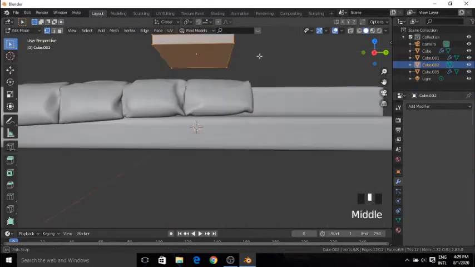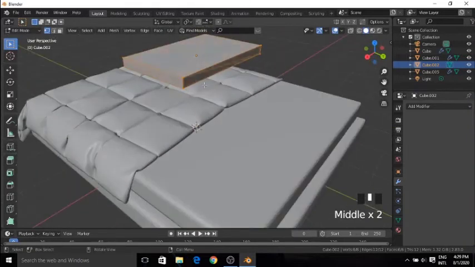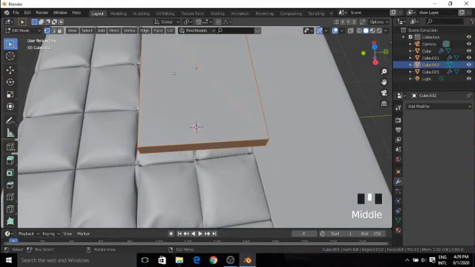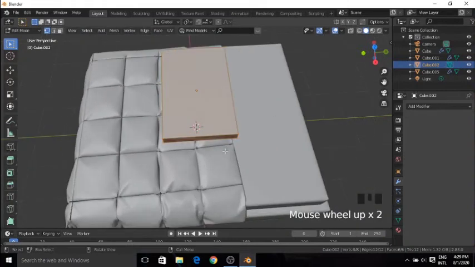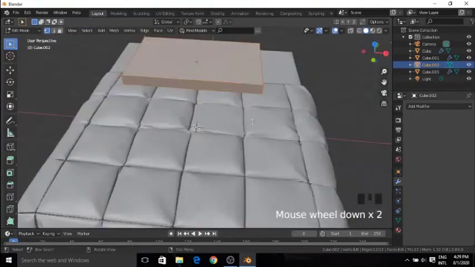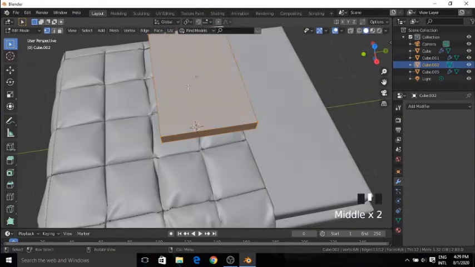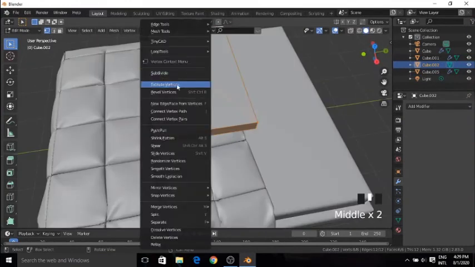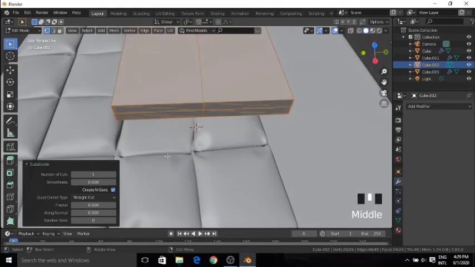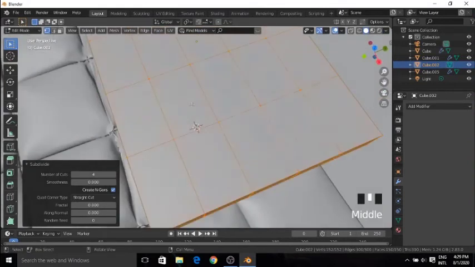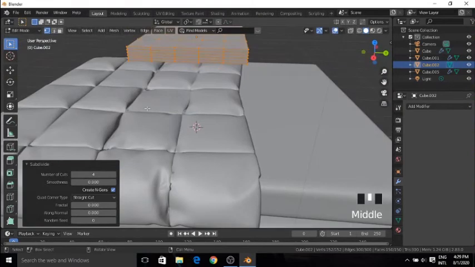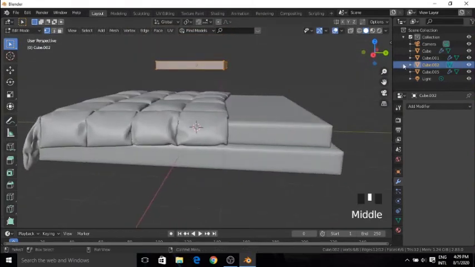Now you can see that there are larger faces here and smaller faces here. So if we add in the subdivision surface, there will be smaller faces here and larger faces here. To just show an example, I will just press subdivide, and if you clearly observe here, you can see smaller faces here and larger faces here. So to solve that,